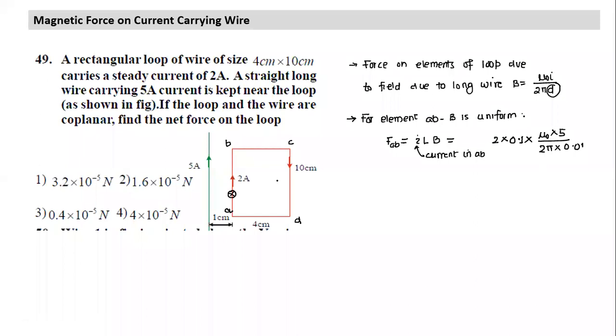Now the direction of force is L cross B. So if I use my left hand, one finger I'll put upwards and the second finger away from me. Which is the first one? L is the first one. The up finger is the first vector and away from me is the second vector. If I curl my right hand fingers from the up finger to the away finger, my thumb will point towards the left. Hence the force will act towards the left. Is there any other way to figure out the direction of force?